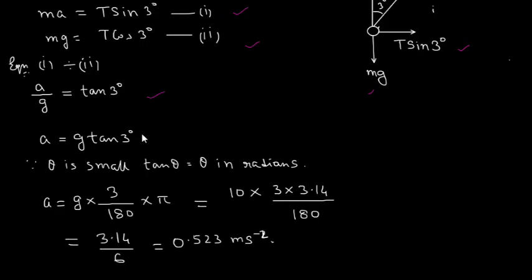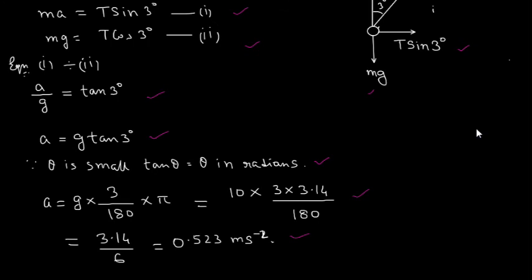Therefore, we can write a is equal to g tan theta. Theta is small, so tan theta can be written as theta in radian. So a is equal to g, and instead of theta we will write 3 multiplied by pi upon 180. Instead of pi, we will write 3.14, and upon solving, we get 0.0523 meter per second square. So